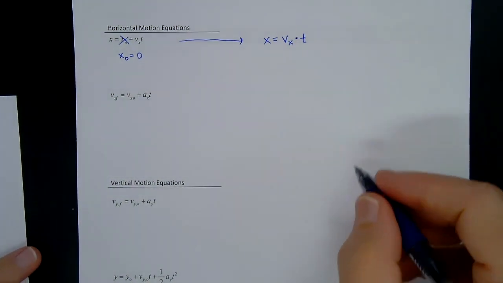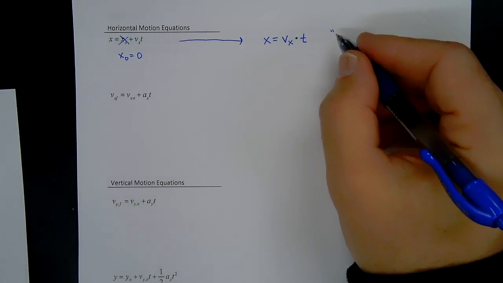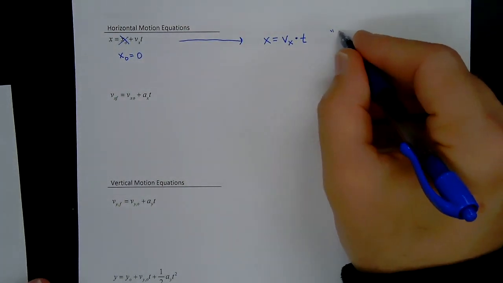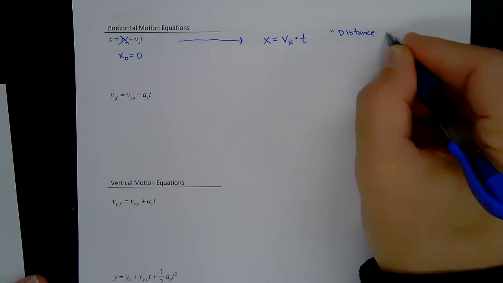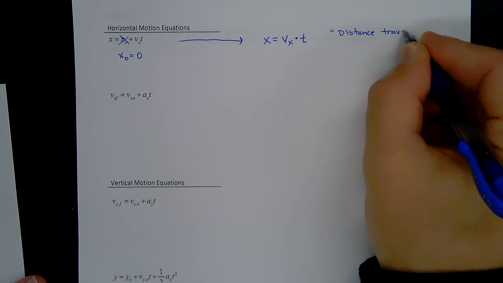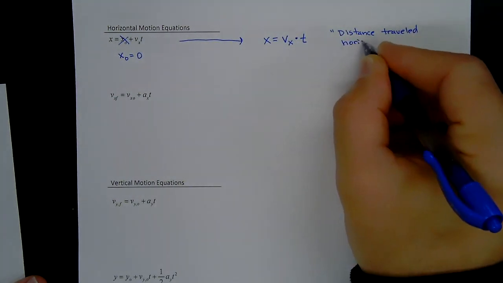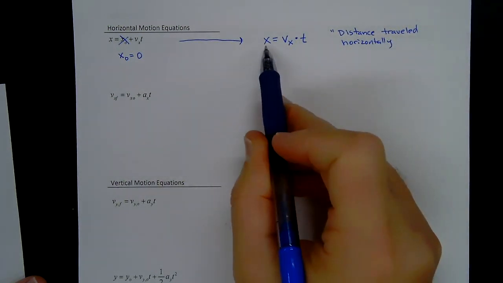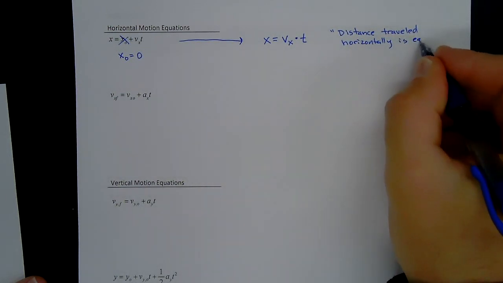So what this is saying is the distance traveled horizontally, that's my x, the distance it travels horizontally, is equal